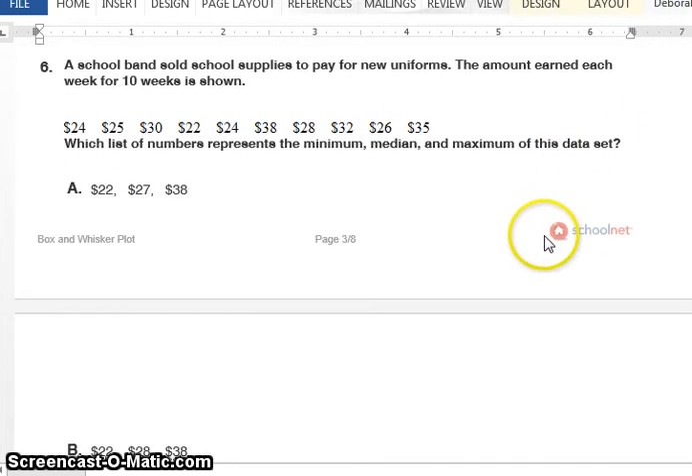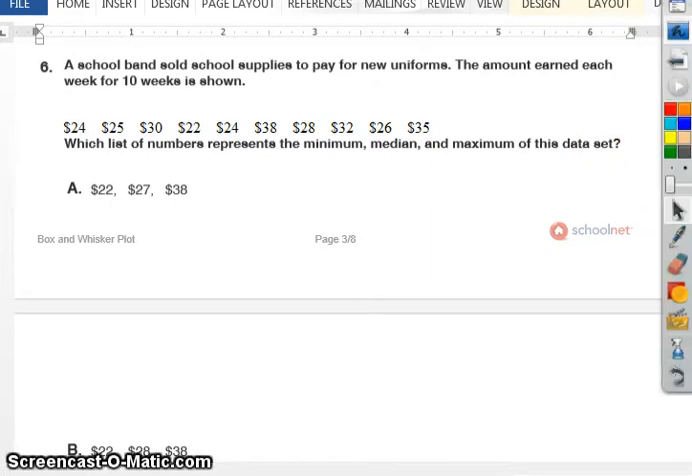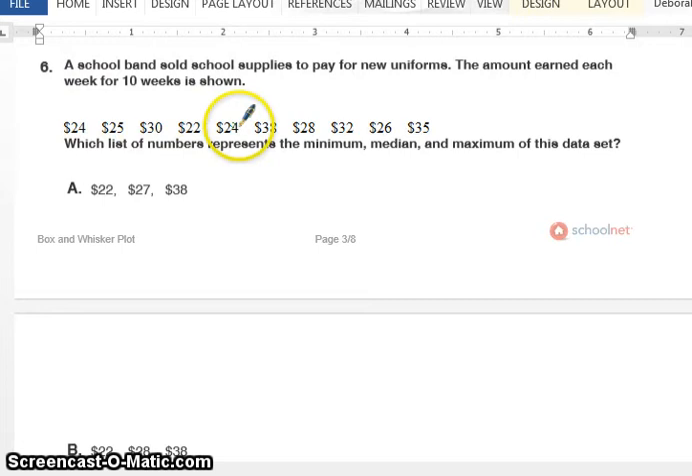Number 6 says the school band sold school supplies to pay for new uniforms. The amount earned each week for 10 weeks is shown. Which list of numbers represents the minimum, median, and the maximum of this set of data? So you've got to put them in order from least to greatest because they're not there yet. And I see 22 is the smallest. And I don't see 23. I see 24 and 24 again. And I see 25, and I see 26,